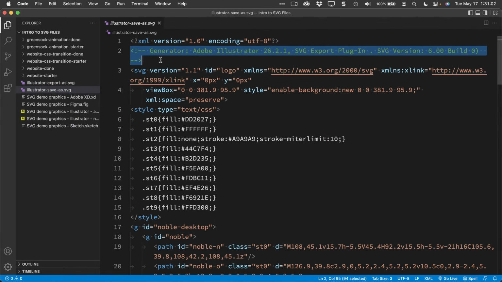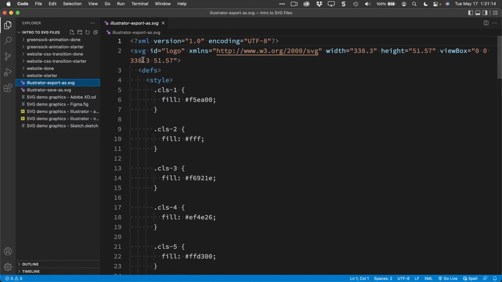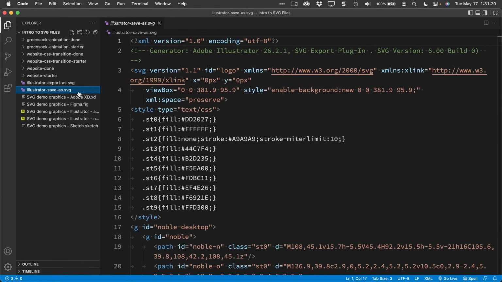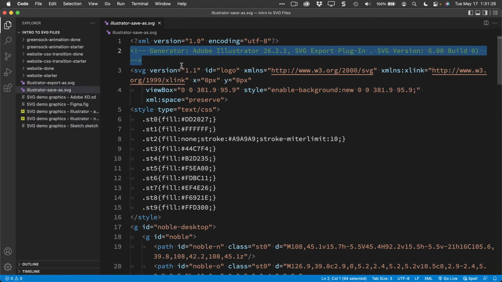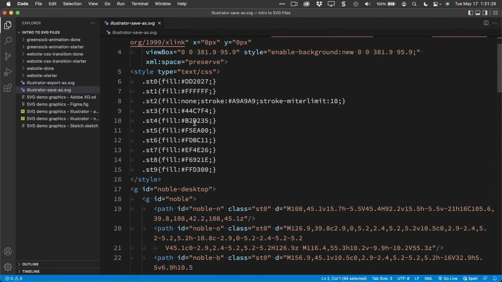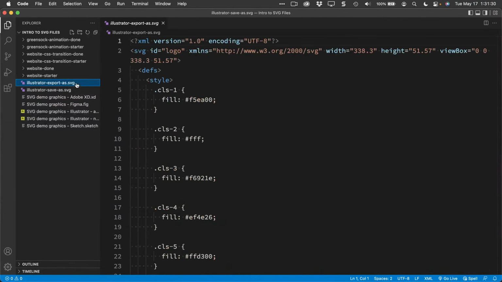So first of all, they put in this comment. I don't care that Illustrator generated this. I don't care that it used that plugin, the version of it. So that's just extra stuff that they don't need. Also, there's this XML that they don't need as well. You can actually leave that off if you want to, although they do include it here as well. Technically, that could be left off. Here you don't have that part right there. And also, just looking at all of this code here compared to this,